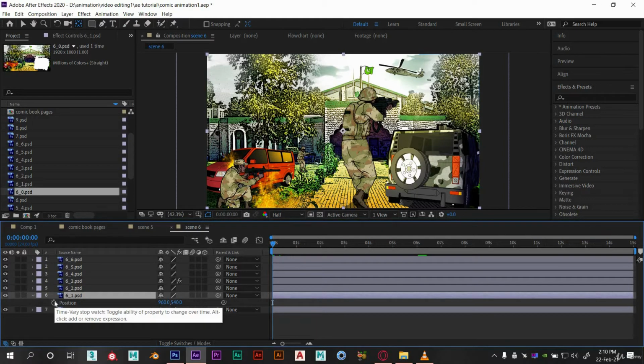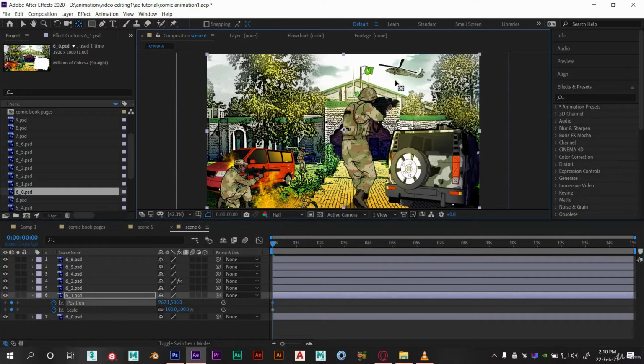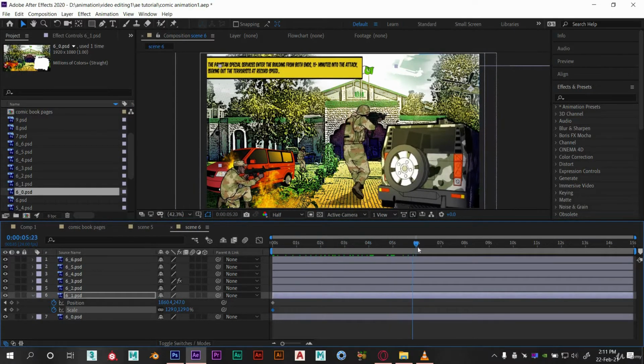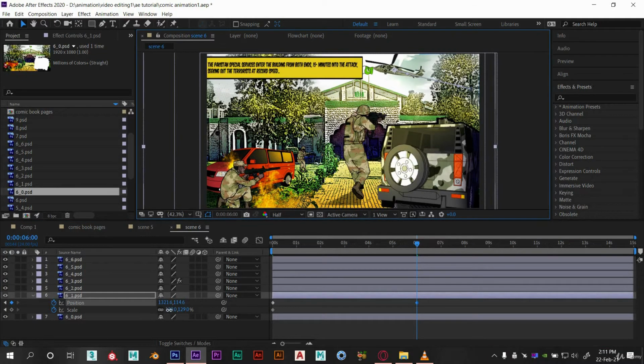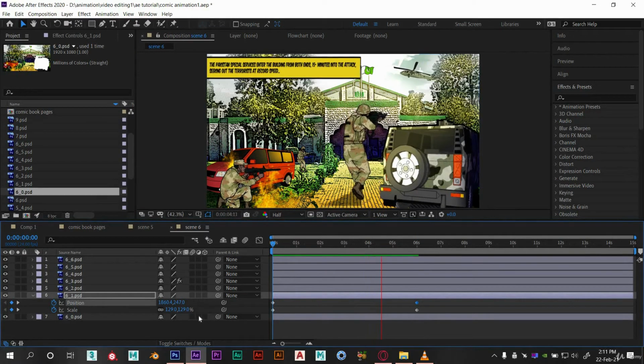Now let's animate this helicopter. I want to animate its position and scale at the same time. So hold shift and press S to bring scale while keeping position on. Turn both keys on. First set the anchor point somewhere here. Keep this chopper here and I want to bring it here with the scale animation at 6 seconds. Let's see the preview. This is looking good.